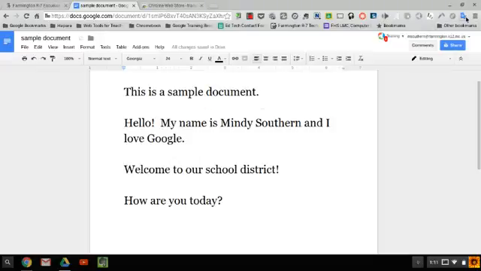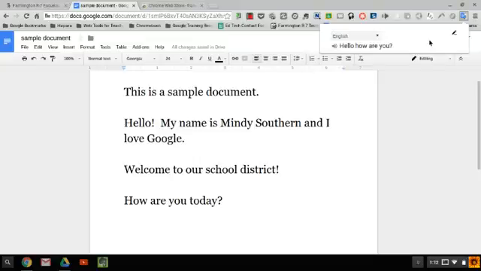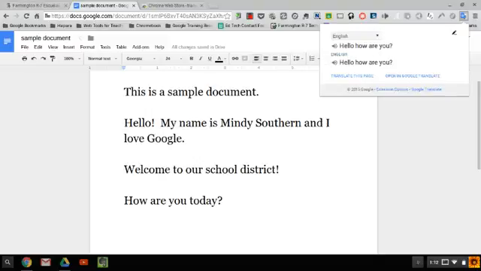Another thing that you can do in Translate, if I just select the icon up there in the extensions, I can type in something like, hello, how are you? I don't even have to have any documents open. I could just be anywhere on the web, try this again, open it in Google Translate,